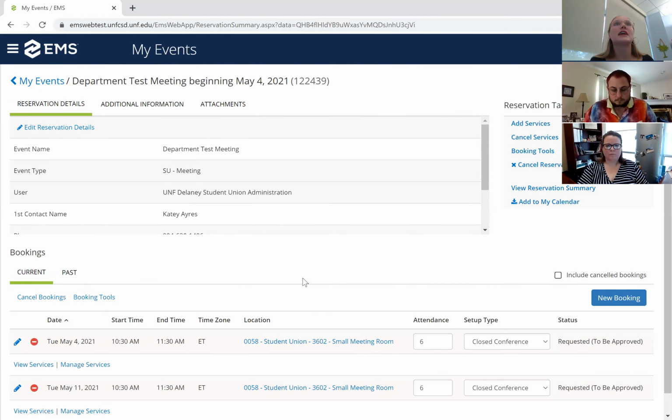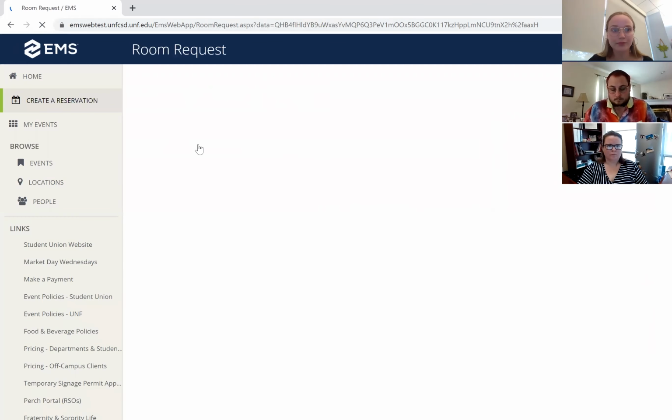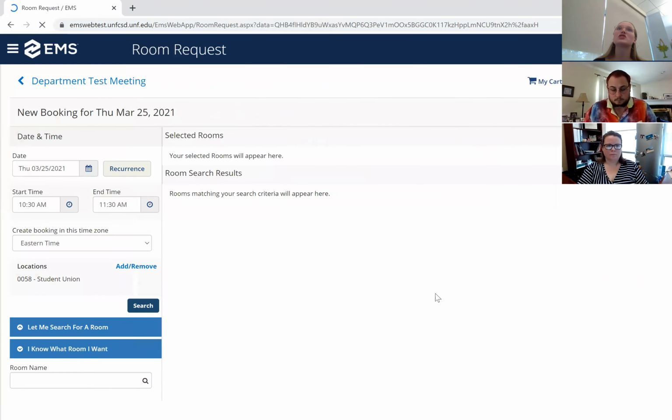All right. To add more rooms or bookings, you would click on the New Booking button. And now this screen should look familiar. Follow the same process as we did earlier to search for available rooms. Only rooms associated with the chosen reservation template will display. For example, if you use the small meeting room template, you won't see the auditorium, ballroom, or outdoor spaces in